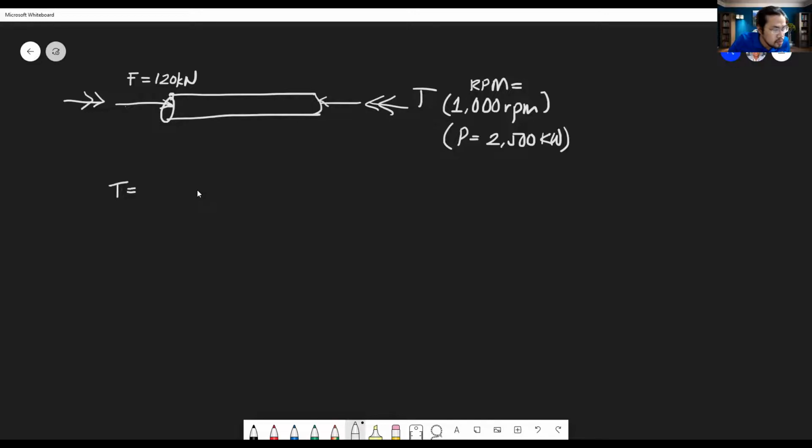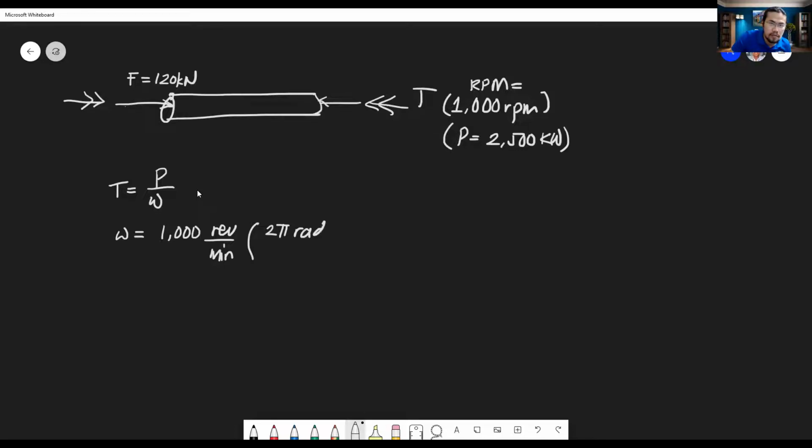power over W, the angular velocity. So you have your power directly available. It's 2,500 kilowatts. What about the angular velocity? So your angular velocity W is what? It's RPM. Let's go directly: 1,000 revolutions per minute, times